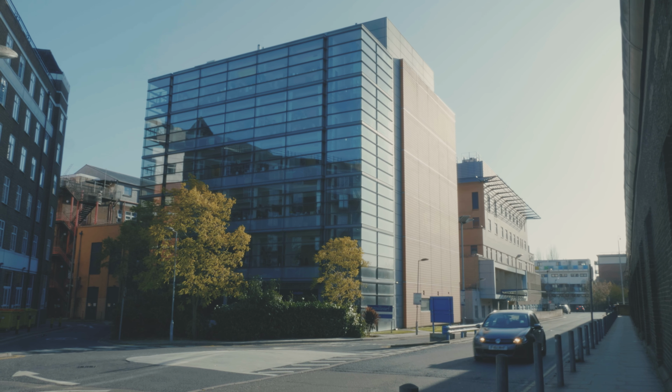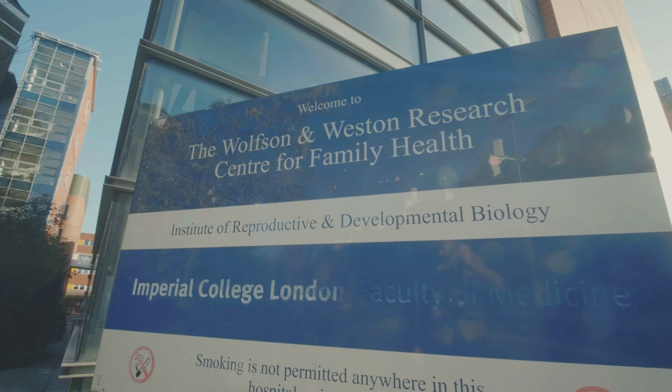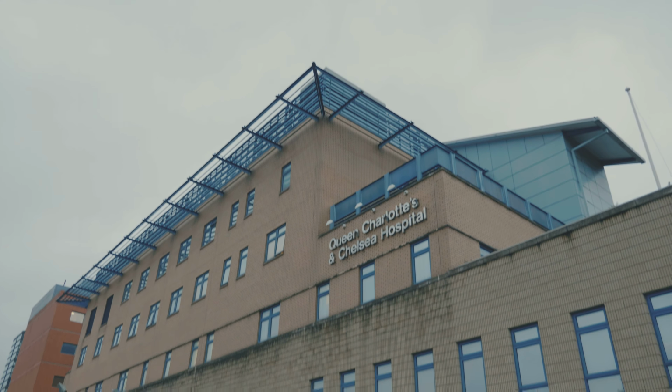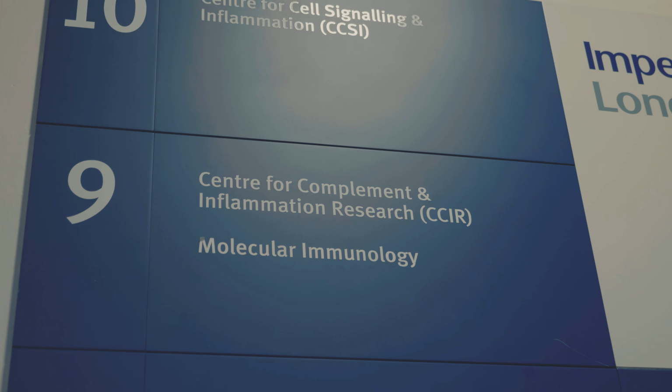The Imperial College Parturition Research Group has its scientific base in the Institute for Reproductive and Developmental Biology on the Hammersmith campus right next door to Queen Charlotte's Hospital. Also on this campus is located the Centre for Complement and Inflammation Research. A key focus of my research is the complement system and its role in health and disease. Over the years, we have developed unique experimental models to understand how the complement system contributes to systemic inflammation and local tissue damage. Just a short walk away in the new Burlington Danes building are the Glyco Sciences laboratories of